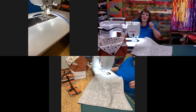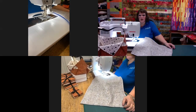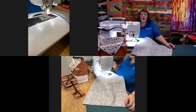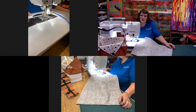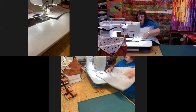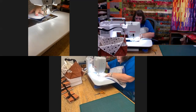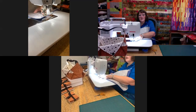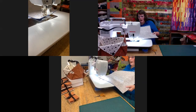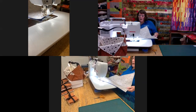So what I'm going to do now, I'm going to quilt this, but I'm not going to drop the feed dogs. I'm not going to free machine, and I'm not going to use a ruler. I'm just going to do a random stitch across it, okay, to make sure everything's anchored together. So all I'm going to do to start with, I'm just going to place the needle down on one of the stitched lines, okay, and all I'm going to do is put my foot down, and I'm just literally